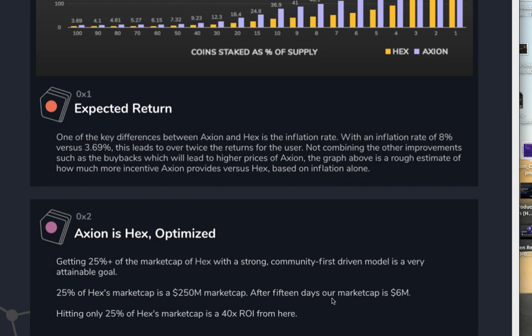After 15 days, our market cap is 6 million. Well, currently it's around about 50 million the last time I checked. It moves around quite a bit, plus or minus 10 million. Hitting only 20% of HEX market cap is a 40x return on investment from there, 6 million. So still 5 to 10x from